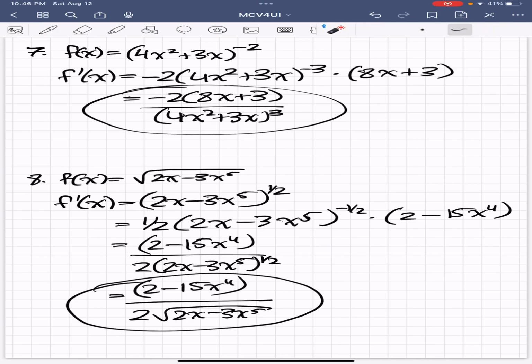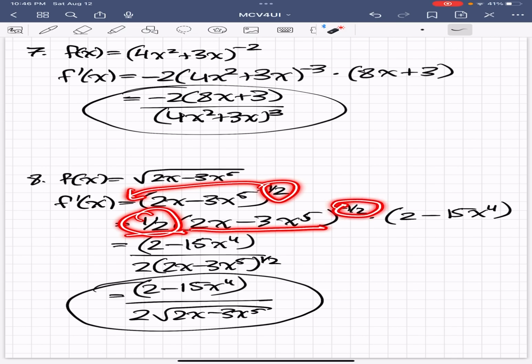So this was another one of the radical ones, and a fairly complicated one because of what is under the radical, or the square root symbol. So taking that in, I turned the radical, or the square root symbol, into the exponent of 1 over 2. And then I brought that 1 over 2 down to become a coefficient in front of the brackets. And then I minus 1, or I minus 2 over 2,